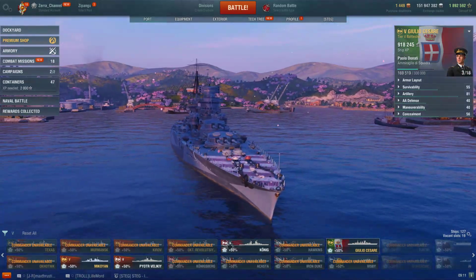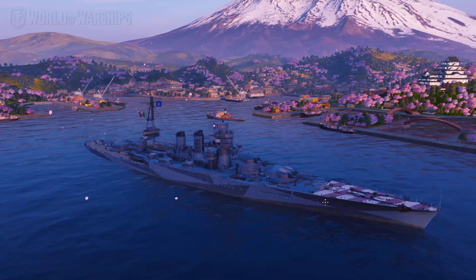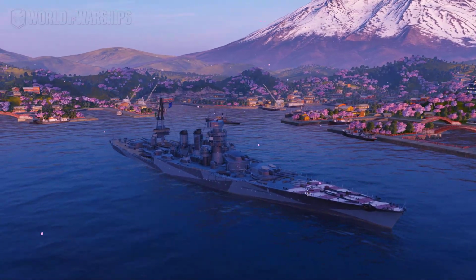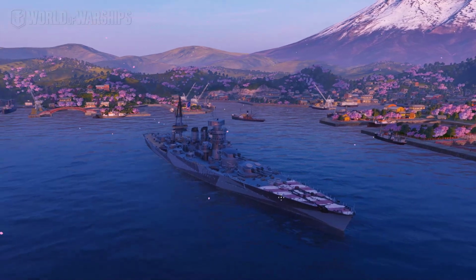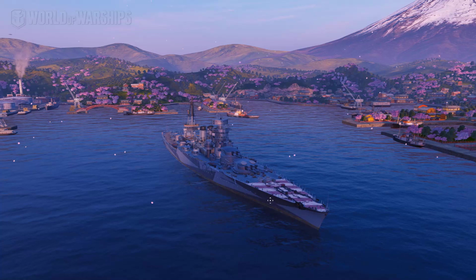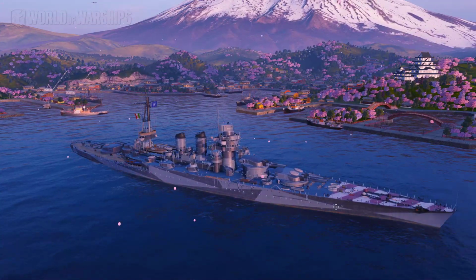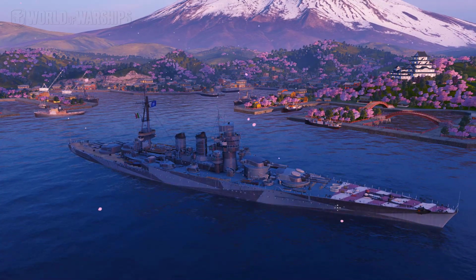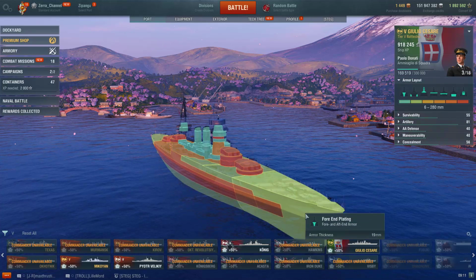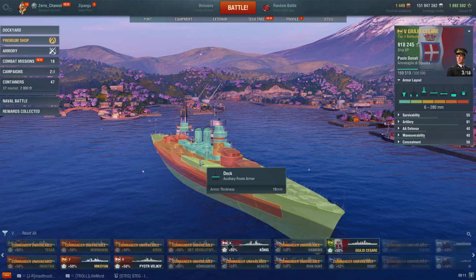She does not have the best armor, she has a mediocre armor, but what makes her extremely special, for someone who doesn't own this ship, she's not available. We're getting told that this is absolutely overpowered and they took her away from the premium shop. Anyhow guys, the Giulio Cesare, it's more like a super cruiser. Yes, you heard me right. The armor, what armor? It's very bad armor. No matter how you angle, you are gonna eat a lot of